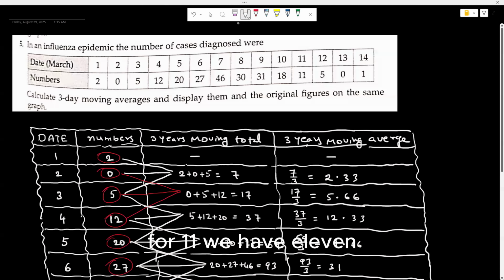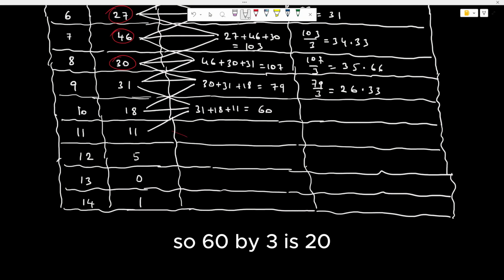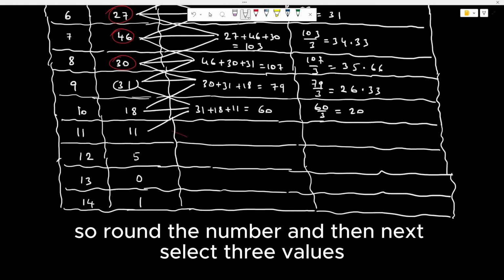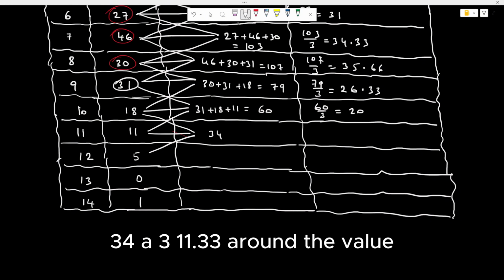For 11, we have 11. For 12, 5. For 13, 0. For 14, 1. Next, 31 plus 18 plus 11 is 60. So 60 by 3 is 20. Round the number and then select the next 3 values: 18 plus 11 is 29, plus 5 is 34. 34 by 3